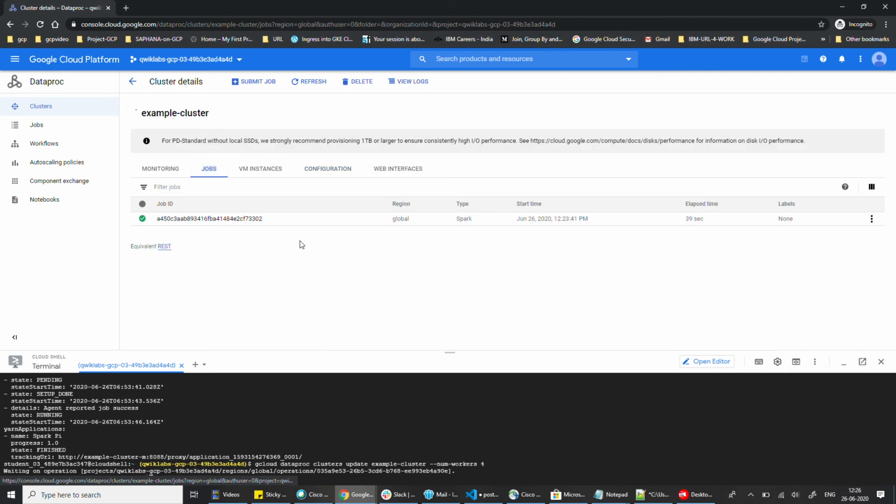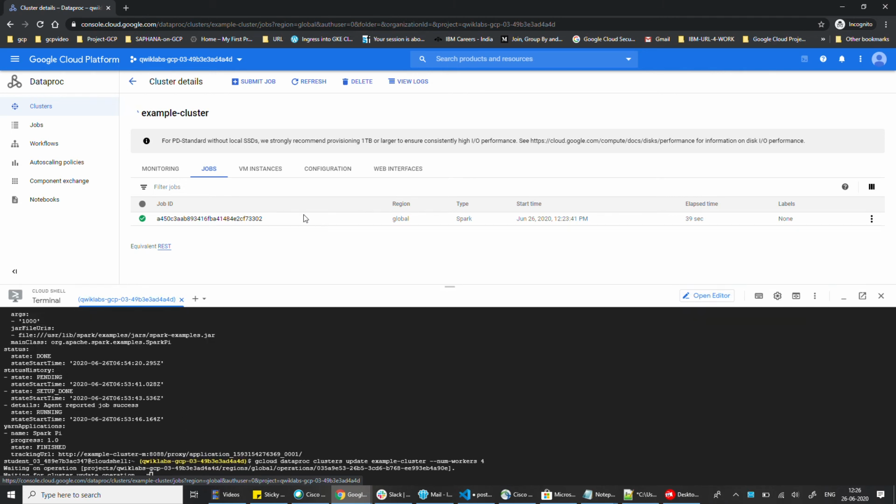You can check the job also. You can see the Spark job was submitted 39 seconds before. So here the idea was to create the cluster and submit the job through the command line, and how we can upgrade the worker nodes of the existing cluster. So it is also possible.